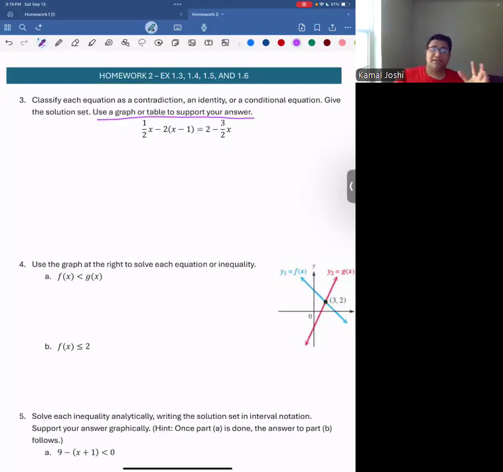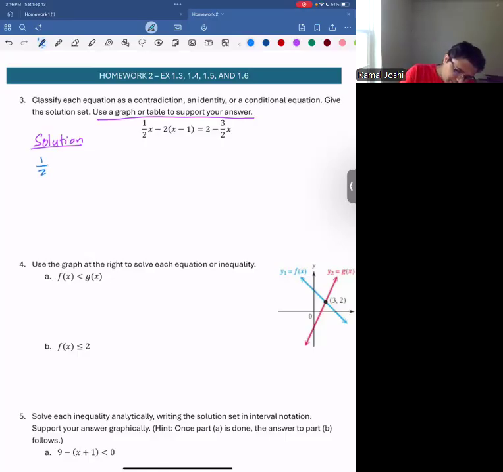You can plug in different values of x and evaluate both sides. And if you get the same values every time, that is your identity. If you get different values, then it is a contradiction and so on. And if it is a conditional equation, you won't know it; you have to do it graphically and you will see that the two lines will intersect. Okay, let me solve this first and I'll talk to you about what you will see in a graph. Okay. Solving this now,